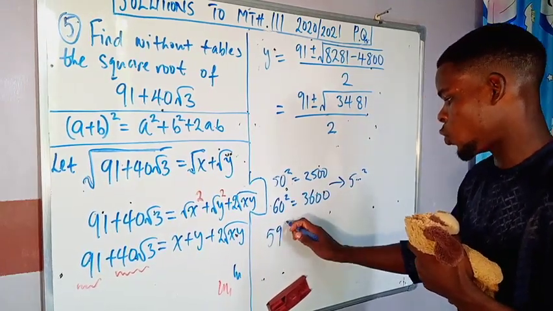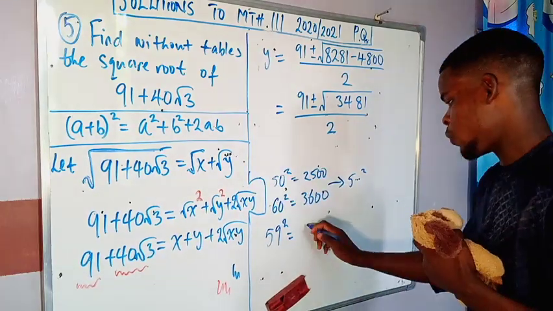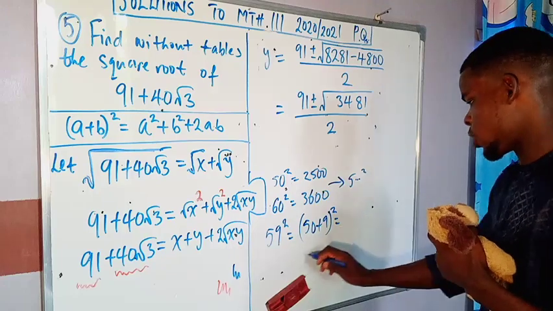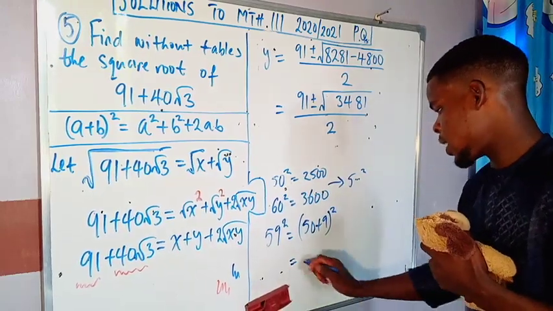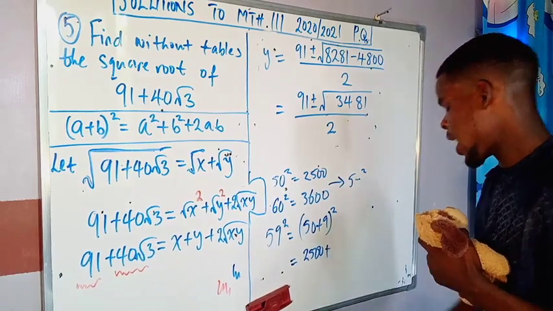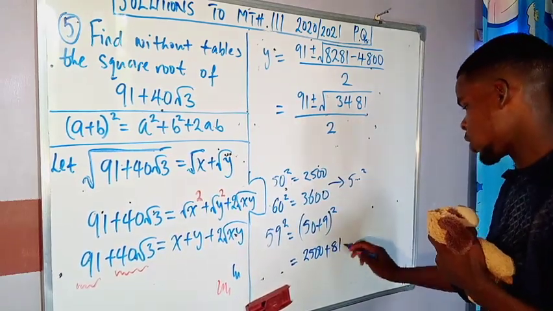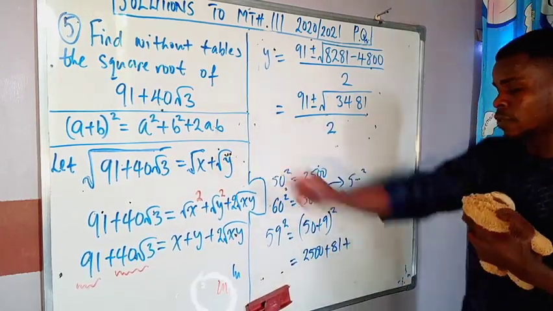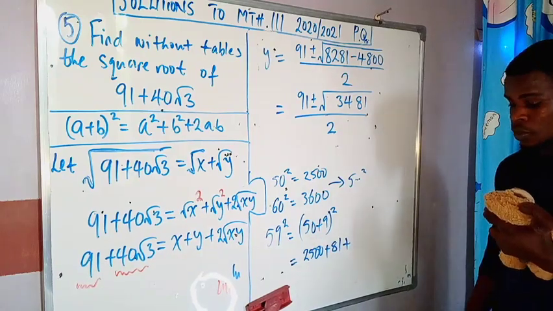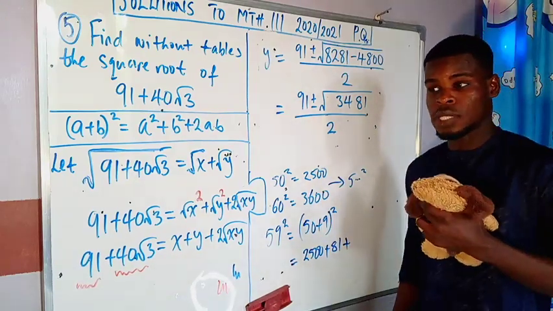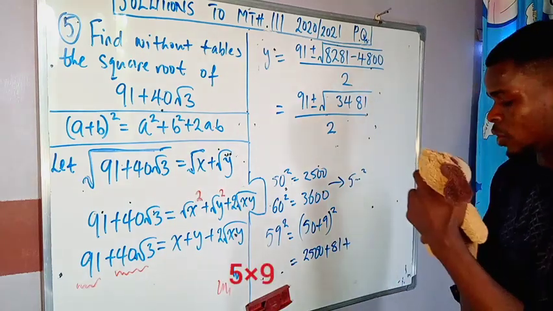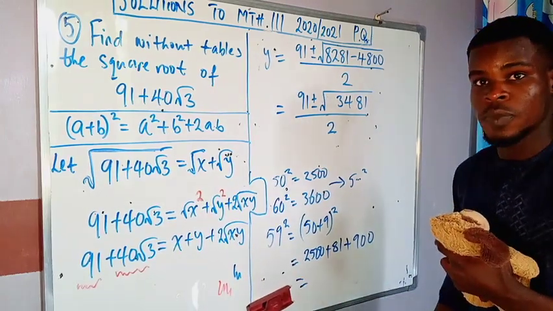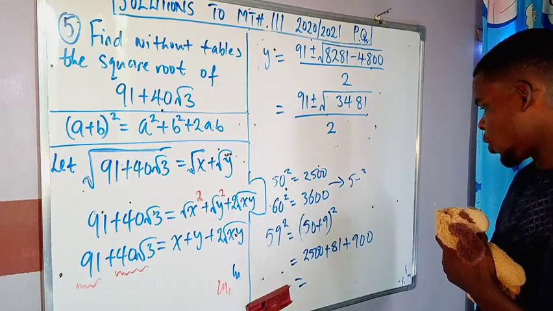To square 59, we will do the same thing we did earlier by writing this as 50 plus 9, right? Well, 50 squared is the same thing as 2,500. We add it with 9 squared, which is 81. And then lastly, we multiply 2 times 50 times 9. Just like this formula tells us. So 50 times 9 is going to be 450. That's because 5 times 9 is 45. And then we multiply that by 2, that would just be 900. And when we add all of this together, we're going to have